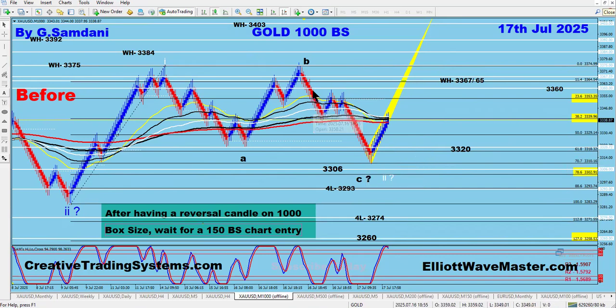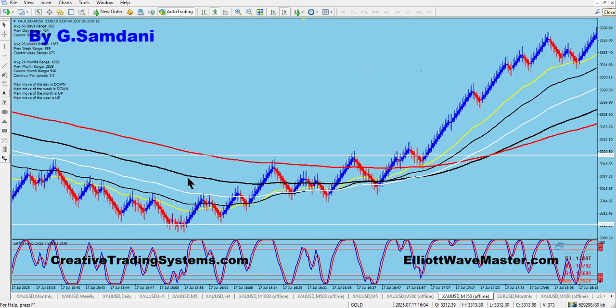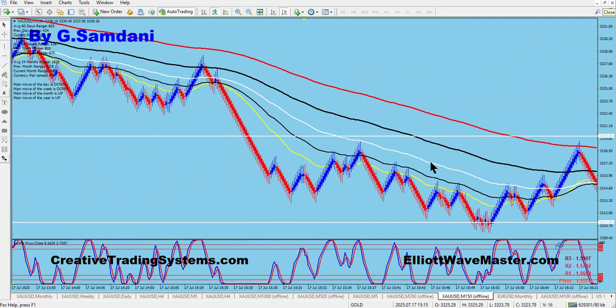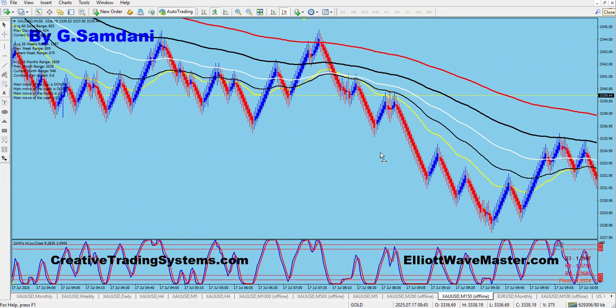So once you are in this area, or all the way there, you expect that you might get a reversal candle. Start watching the 150 chart. Even before the reversal candle is completed, sometimes you may see a long setup. For example, here, when it was dropping, you can clearly see that all the way down from here, maybe,